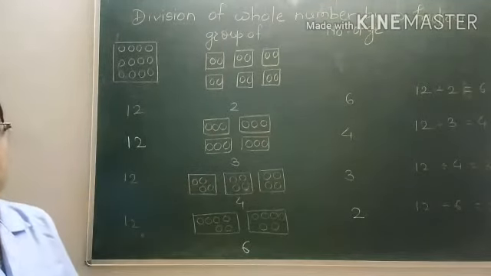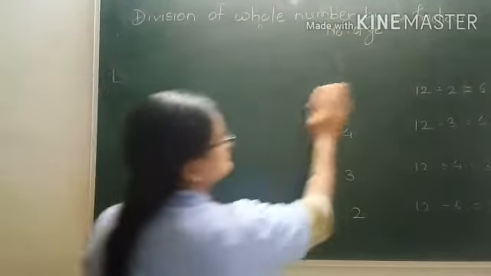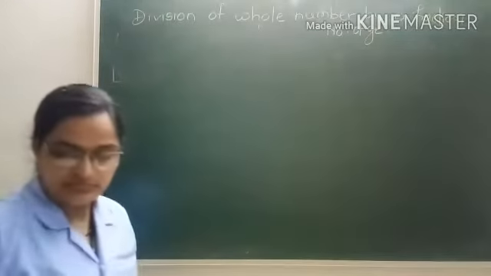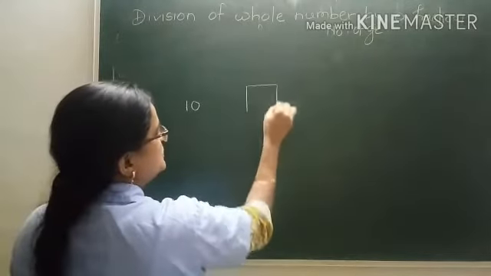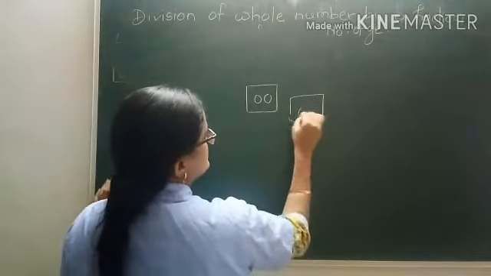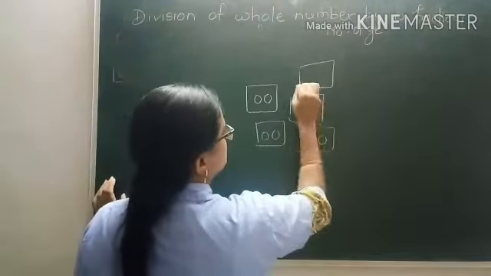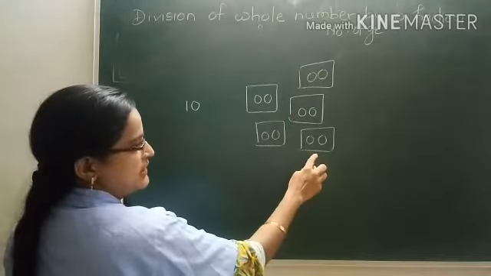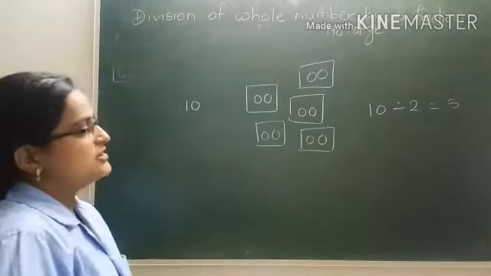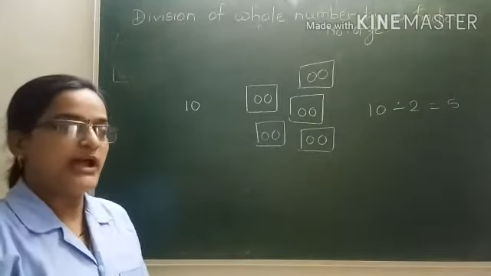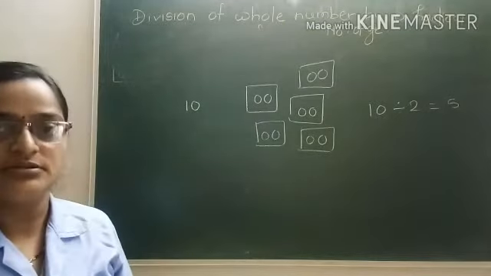Let me explain this with some other number. See, if I have 10 marbles and I decide to put two marbles in one box, how many boxes will I need? 1, 2, 3, 4, 5. So may I say 10 divided by 2 is 5. Correct? So understand this concept well so that I can explain how to divide a whole number by a fraction. Okay? Let us see.